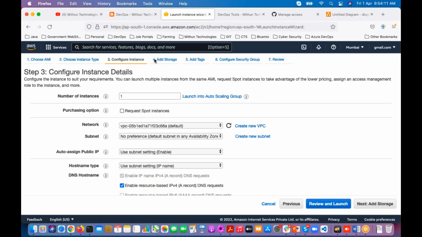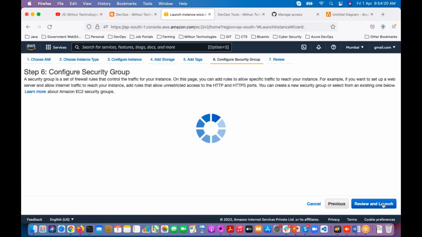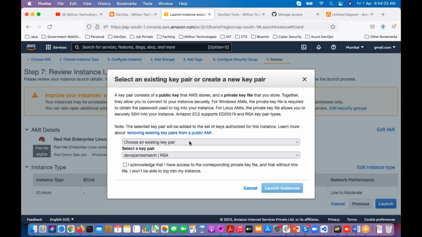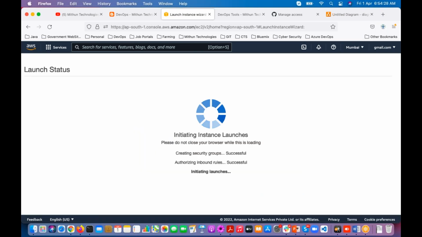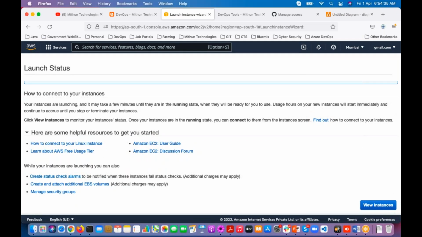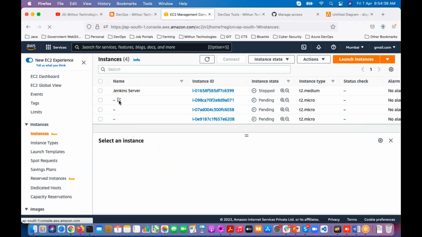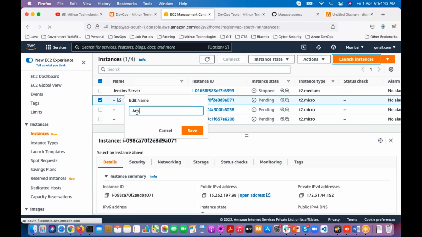Next, here you see the number of instances. I'm going to select 3. Click on next, next, launch, launch, and select this one. Click on launch. Now it is going to create the 3 instances. Click on view instances and give the names. For one server I'm going to give Ansible server.